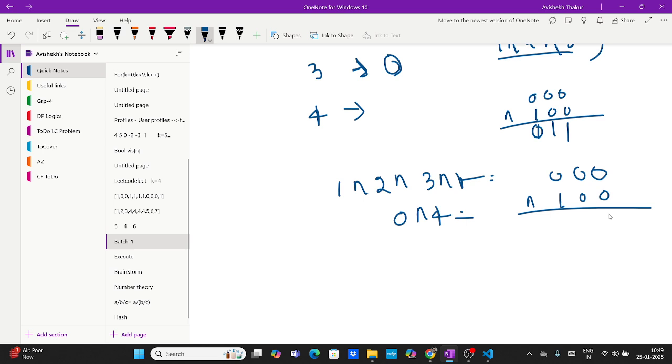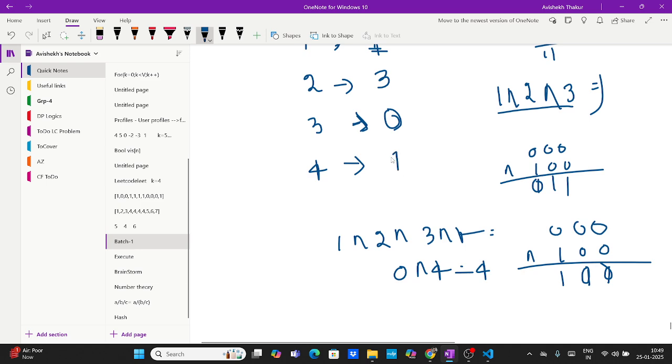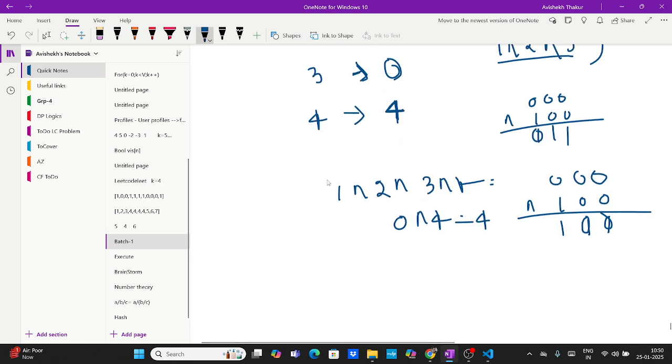If I do a XOR, 0 0 is 1, 0 0 is 1, 1 0 is, sorry, XOR, right? It's nothing but 4. 4 only, right, bro? Yeah, 4. Did you guys mention 4? Yes. Sorry, my bad. Okay. 5,